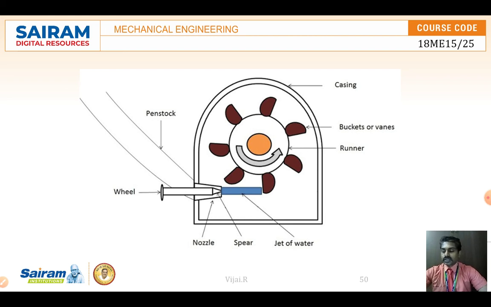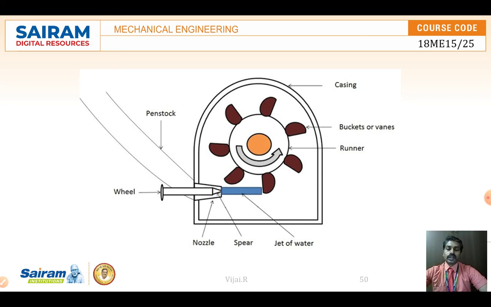The nozzle uses the convergent and divergent logic here. The penstock of bigger diameter is going to be converged here, converged at a point, so that the pressure is created more, and when it is getting delivered, the pressure is reduced and the velocity is increased. So this is the logic by which the nozzle functions over here.